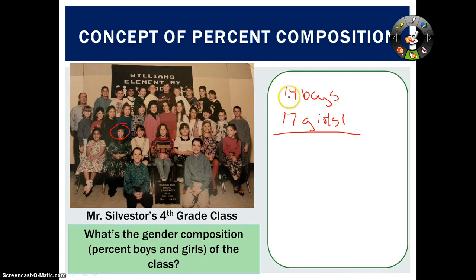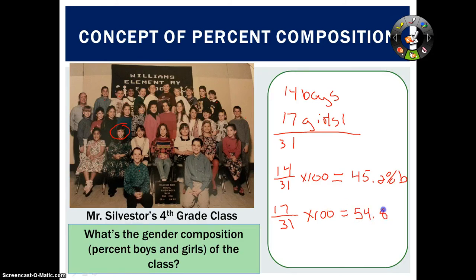So add them all up. I have 14 boys, 17 girls, that's 31 total students. So if I wanted to find the percent boys, I would take 14 out of 31 times 100. And if I plug that into my calculator, what I end up with is 45.2% boys. To find girls, there are 17 total girls out of the 31 in the class times 100 equals 54.8%